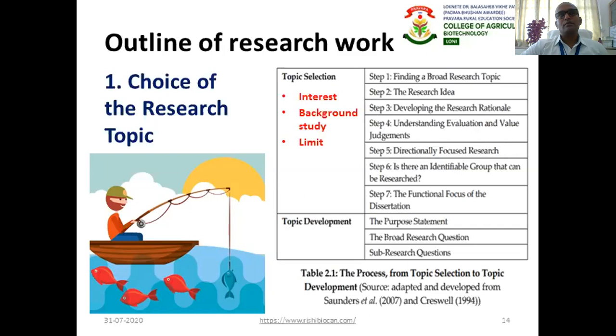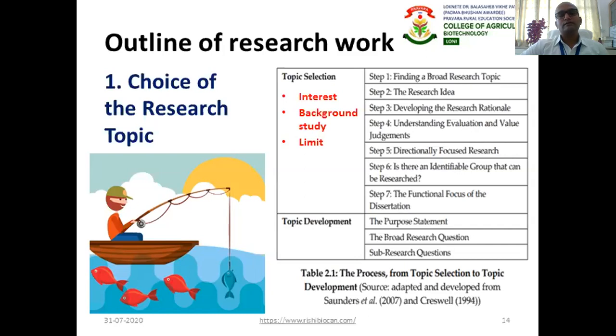One student might want to work on molecular biology. That is his broad research topic. Another student might like to work on plant tissue culture. That is a broad research topic. Select it first. Then go to step two.